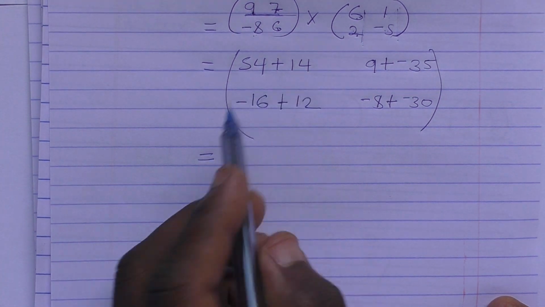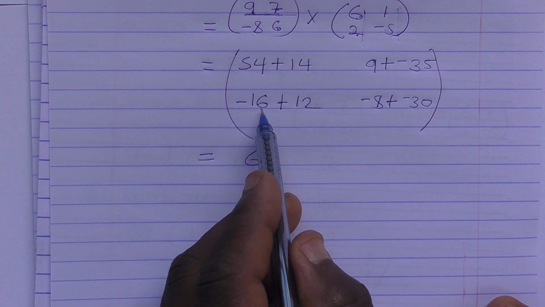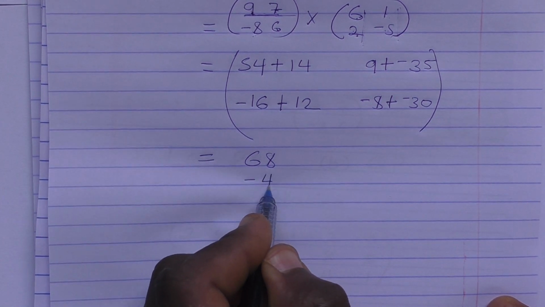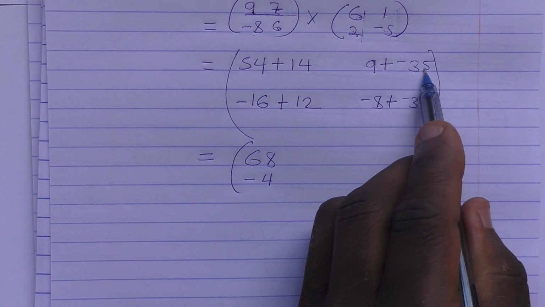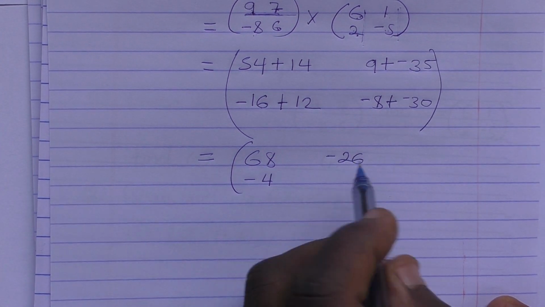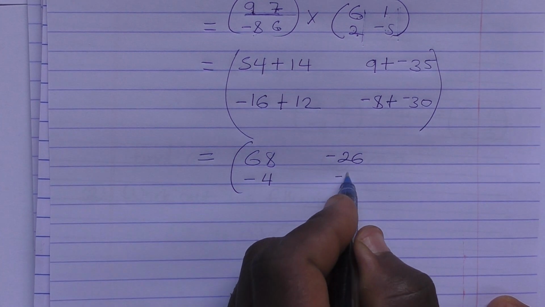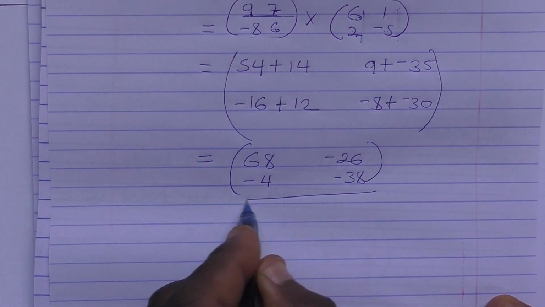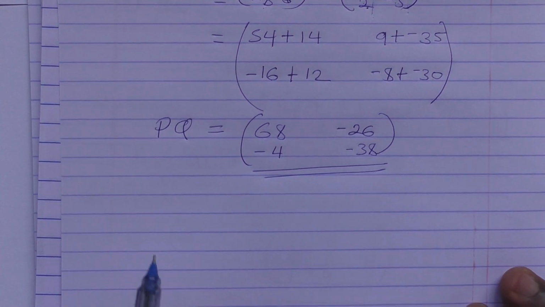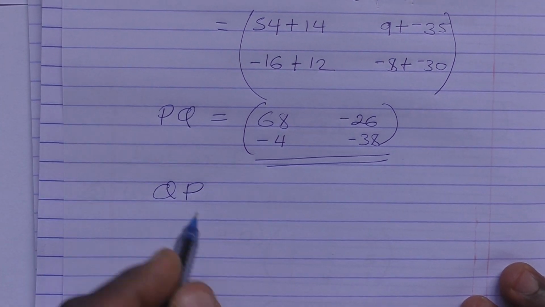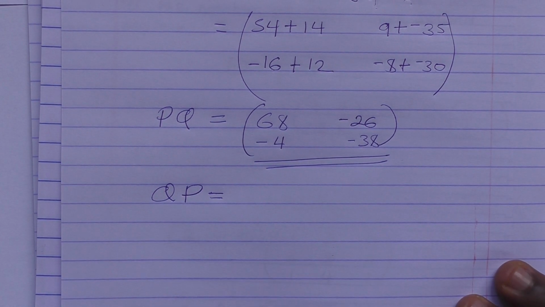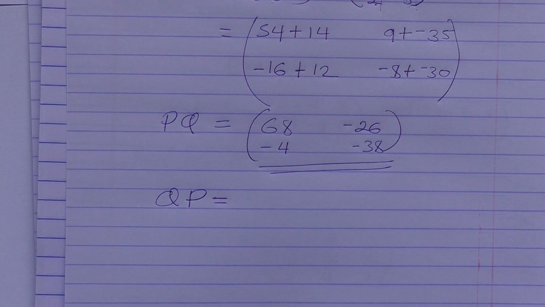So this gives us 68. This one gives us negative 26. This one gives us negative 36. This one gives us negative 38. So this is our answer for PQ. So you are going to try out QP, but remember we multiply row by column. Let us go to our next